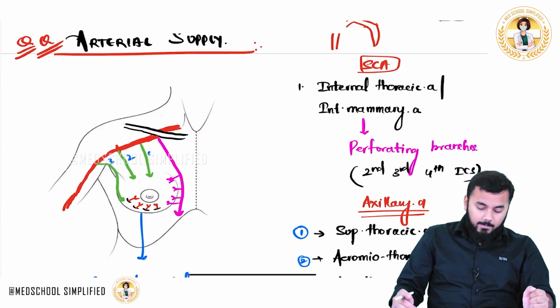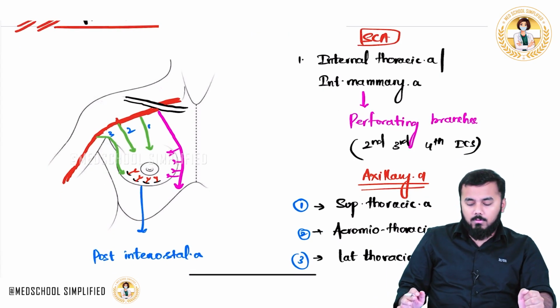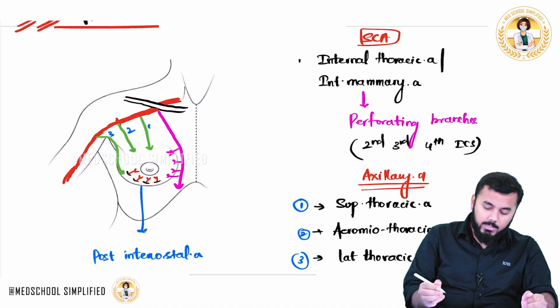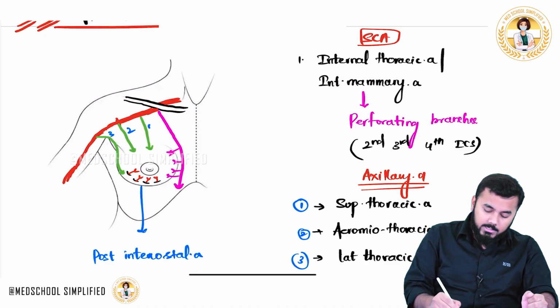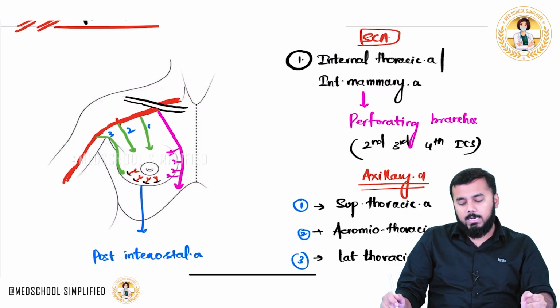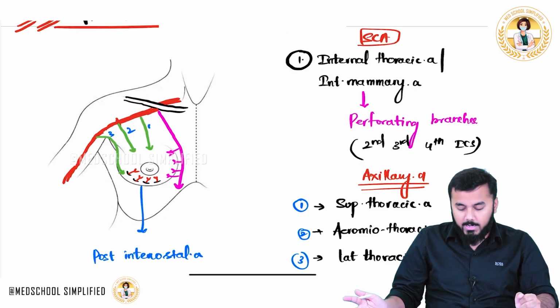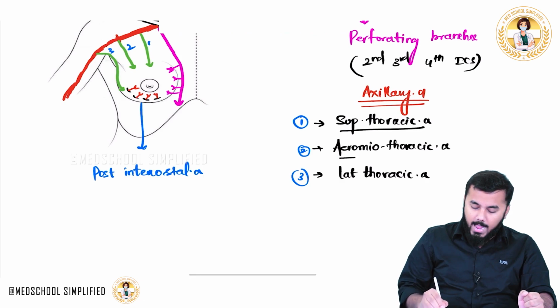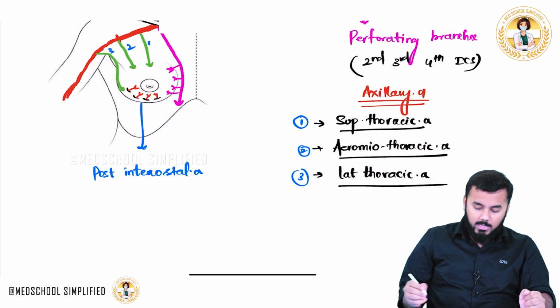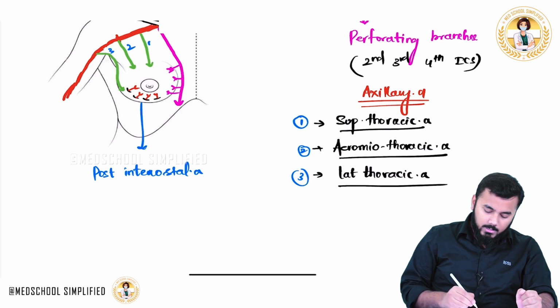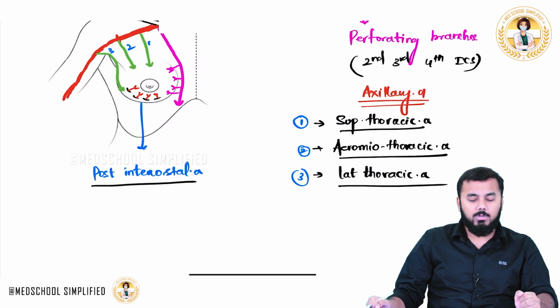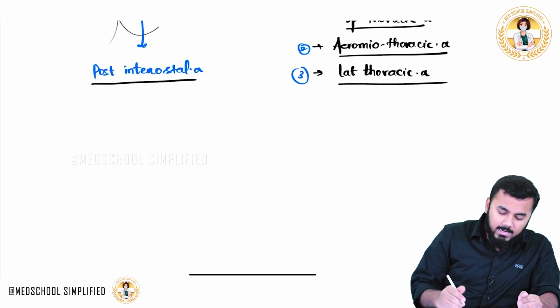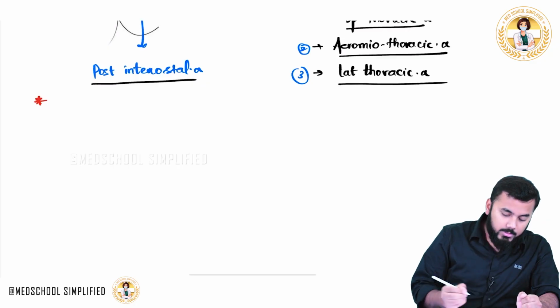Now, overall, what are the branches, guys? The first important branch is the internal thoracic artery or internal mammary artery. The second branch is the superior thoracic artery, acromiothoracic and lateral thoracic, and the last branch is the posterior intercostal arteries. Now one clinically important thing which you need to know is that